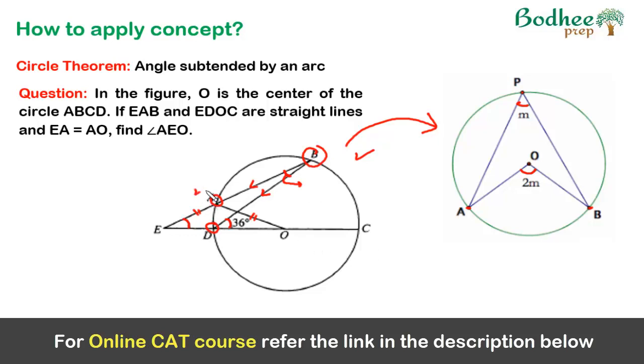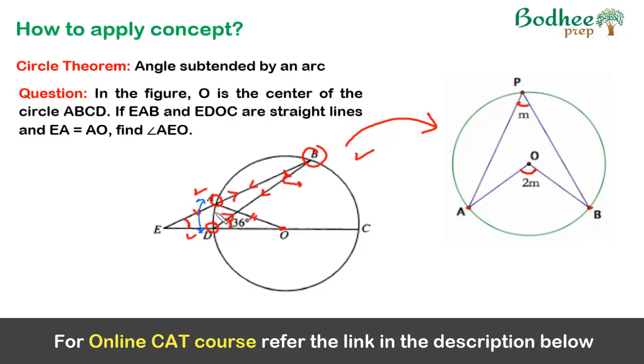Now if you look at A and D, from A there is one line going and crossing the center of the circle. Similarly, from D also one line is going and crossing the center of the circle. And from these points A and D, the two lines are going towards B. So this point becomes very important, or this particular arc is the important arc. You have to pick those points or arcs from where the two lines are originating.